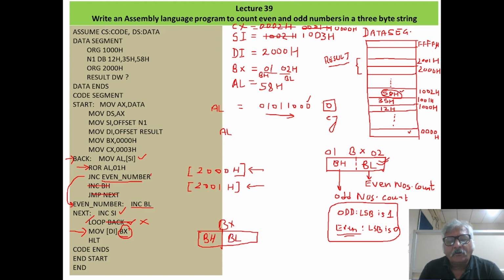Okay, so the lower 8-bit register will be stored at the lower address. See, 2000 and 2001. These two are the offset addresses. Here the content of BX will be stored. So at the lower address, 2000, the lower register value will be stored. So content of BL will be stored in 2000H location. And the content of the higher register, that is BH, will be stored at the higher offset address. So here